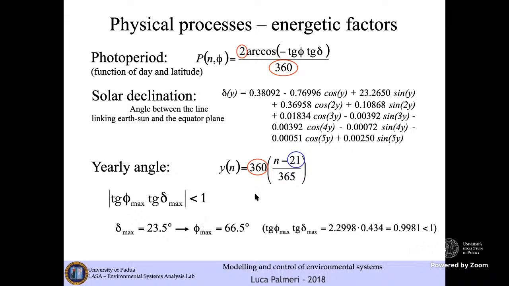If we put these two maximum values together, maximum solar declination and maximum latitude, we obtain a quantity that is smaller than 1. As a consequence, we may understand that the photoperiod is also always a quantity that is comprised in the range 0.5, 1, while